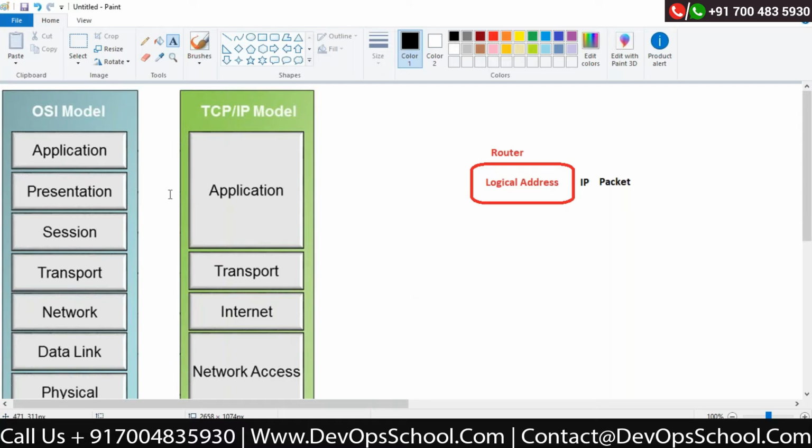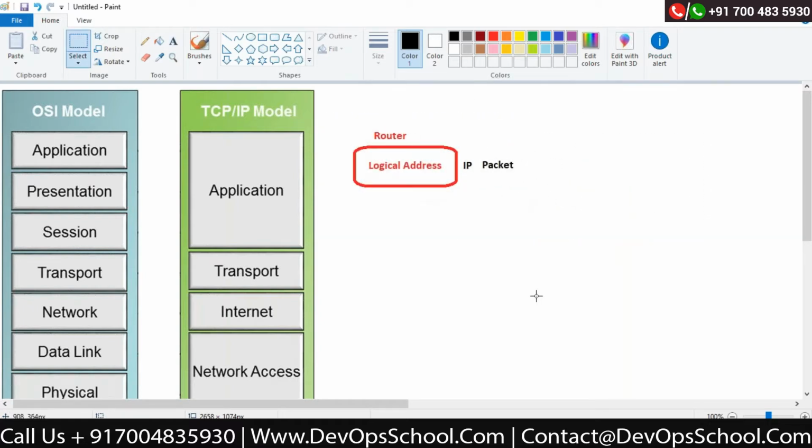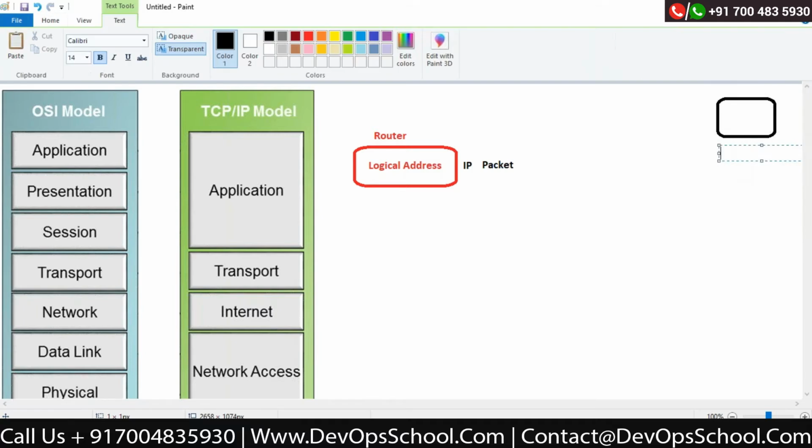I will give you the same example. If I say I want to go to yahoo.com, now you know the journey till the switch. Correct? Then somebody has to explain to me the entire journey, how the packets are going to the internet and how they are coming back. Correct?